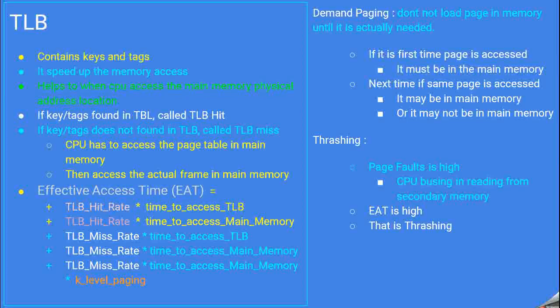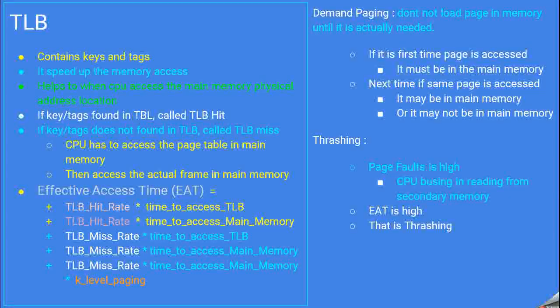If it is a miss, then what will happen? It has to go to the TLB, but it is a miss, so that means it has to come back to the main memory, and from the main memory it has to go again. So I have to access the main memory twice, so the TLB miss rate will be multiplied by the main memory access twice. But the second one, the last line, is just multiplied by the k level paging, because remember we talked about the